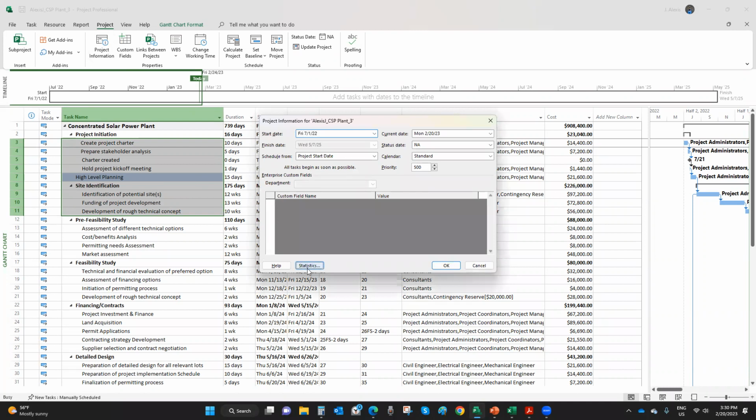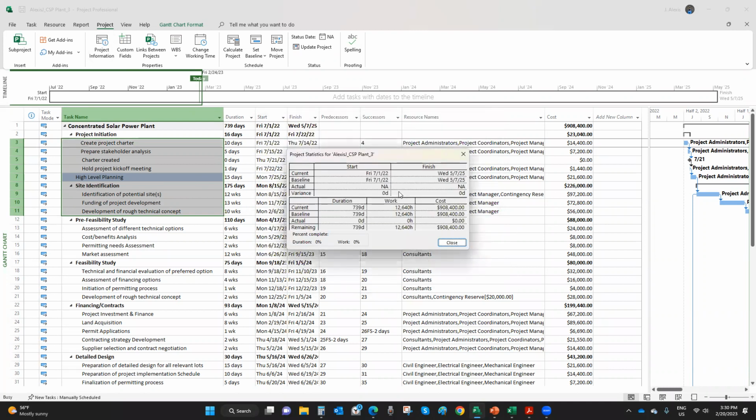Project information, project statistics. I don't have any actual costs because I didn't spend any money yet. Because I didn't report progress. Even if I did spend money, I didn't report it to the software. So actual costs here, as you can see, is 0. All right. So what I'm going to do,